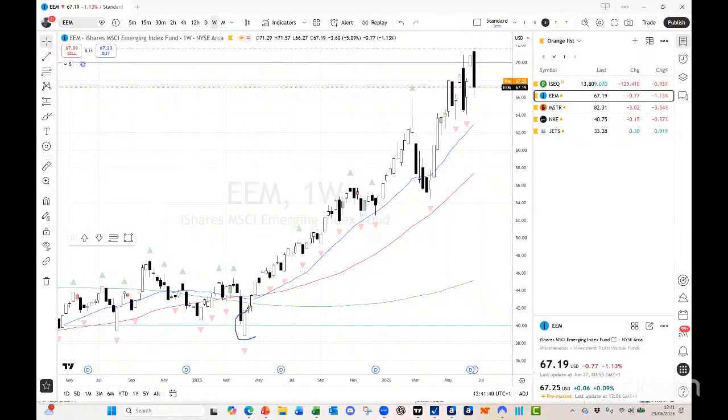In fact, if you go back to Trump's tariff tantrum, that low there of $40, you can see for the most part that has been a fantastic run, hasn't it? Great trend. Deep pullback here at the start of the war, earlier on this year. No surprise, pretty much everything did. The thing I'm interested in is that we're up here at $70, but if we look at that, a couple of weeks ago we printed